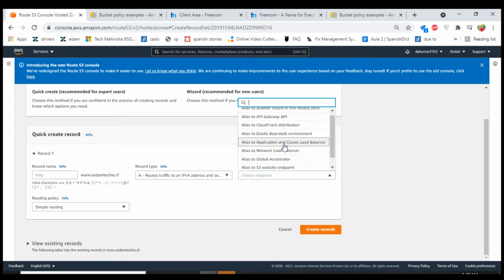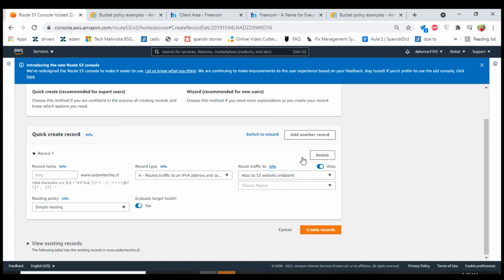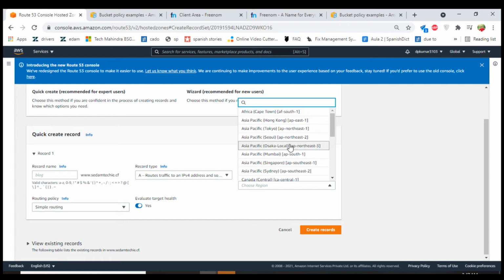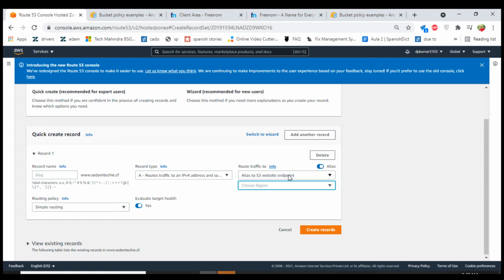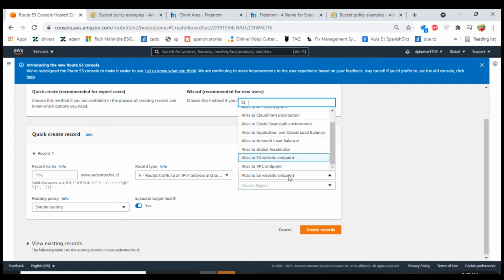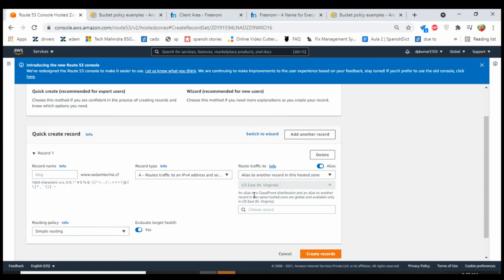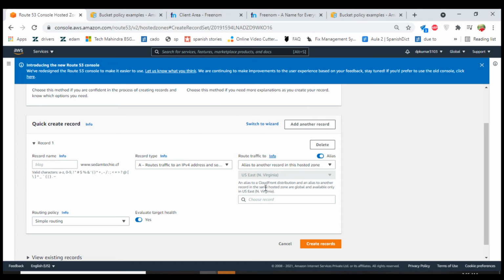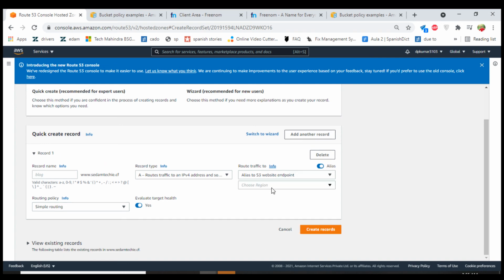Choose endpoint, S3 website. So here we will go with the default options, but route traffic to the Amazon S3 website endpoint.